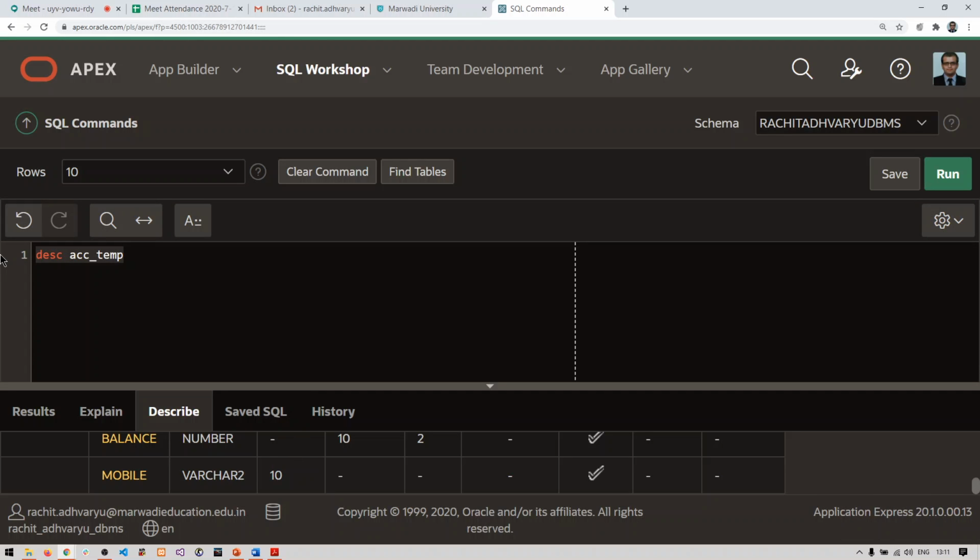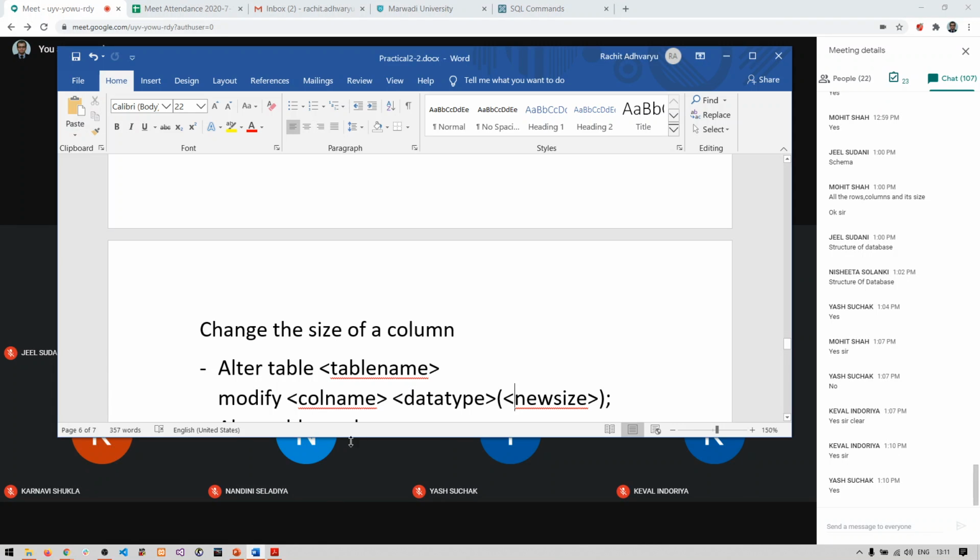So what I will write down here, anyone can give me the answer in the chat box. Modify the size of mobile to 15 from 10. Give me the answer.